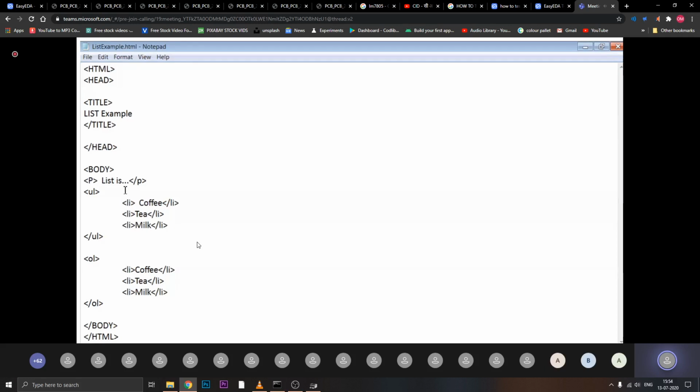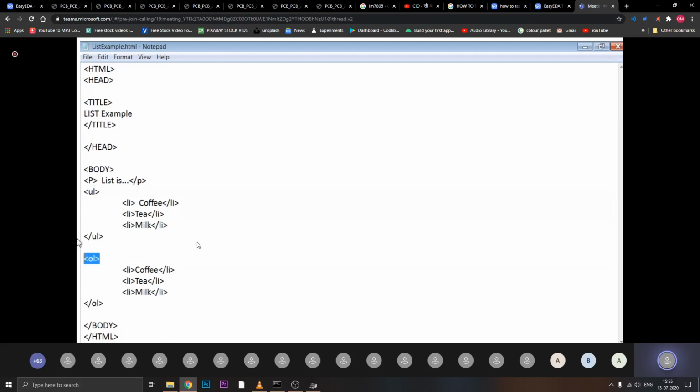So you can show the contents in the form of a list, whether in ordered or unordered form. The UL tag is used for the unordered list, and for the ordered list the OL tag is used. Here you can see the unordered list.